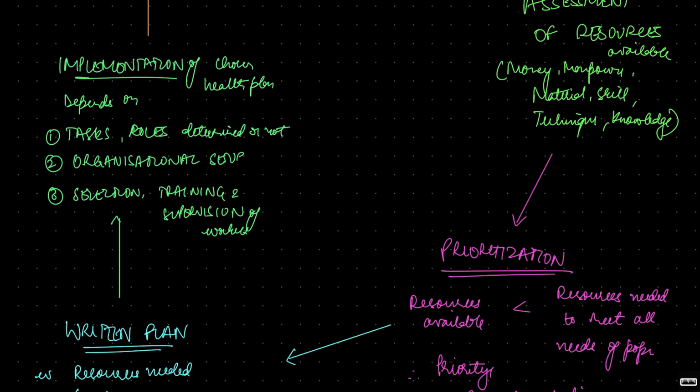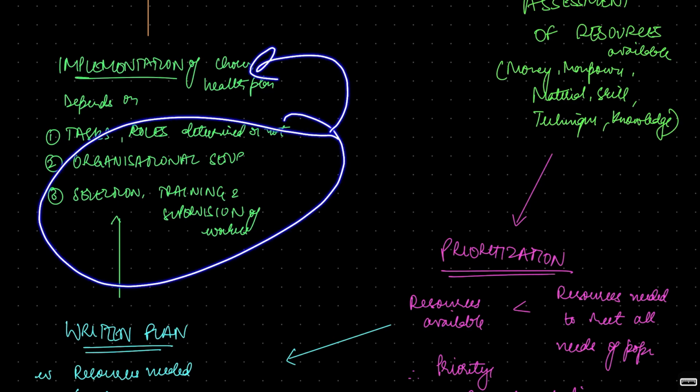successful. And you also have to do selection of the staff, basically the healthcare workers; you have to train them and you have to supervise them. So you have to select competent workers, you have to train them so that they can implement the health plan, and you have to supervise them so that the implementation keeps continuing in a good way. Okay, so these are some factors affecting the health plan implementation.